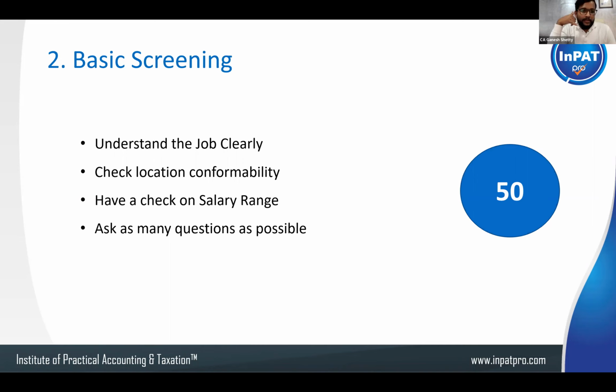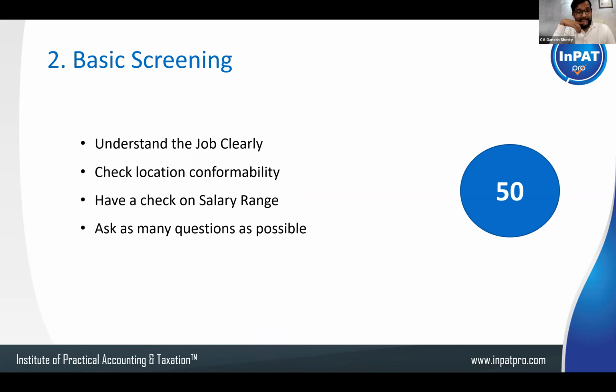So when you are talking and when your basic screening is happening, you should be able to get more information about the locality. Okay, the job is in Vijayanagara. Where is it in Vijayanagar? You should be able to identify, okay, Vijayanagar, there is a metro, comfortability, or you are somewhere in Ranebennur and if you apply and you have got a job in Hassan, you should be able to travel to Hassan. That you have to just see.